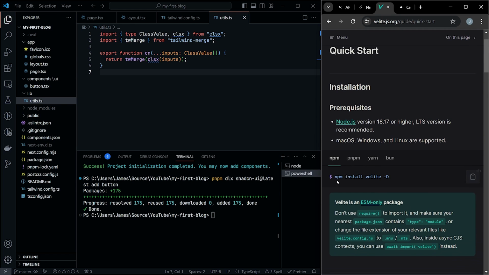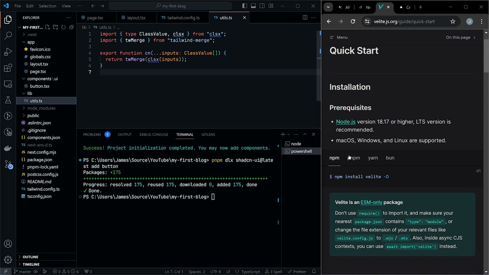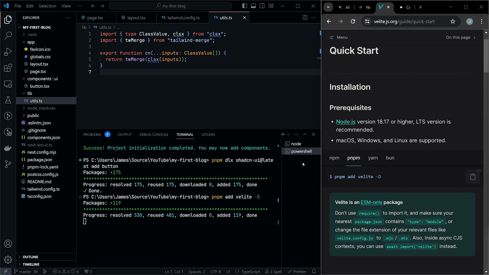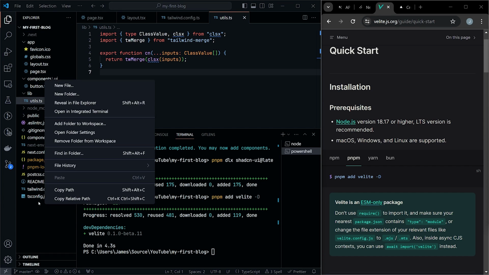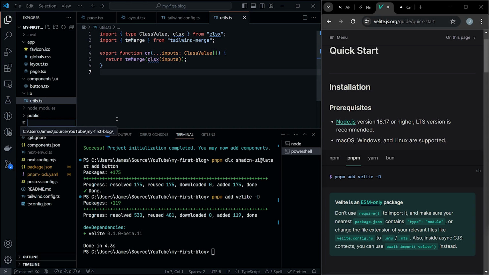And again, we're going to have to install some commands here. So it's going to say, whichever package manager you're using. I'm using npm, so we're going to copy that. And it's going to install Velite as a dev dependency here. Once this is installed, we're going to create a new file outside of everything, so on the same line as all of your other configs. And this is going to be called